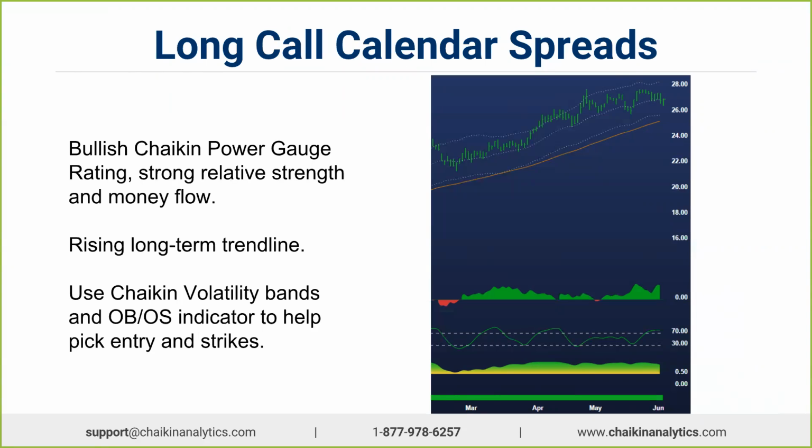In this case, let me just mark this up for us a little bit just to give you a sense. What I want to do here is enter my long calendar spread somewhere below the middle line. Here's the middle line in the band. My rule is just at or below the middle line, and I like to do it when we're close to or at oversold. So at this dip here, if I were looking at a calendar spread, that would be the time to go